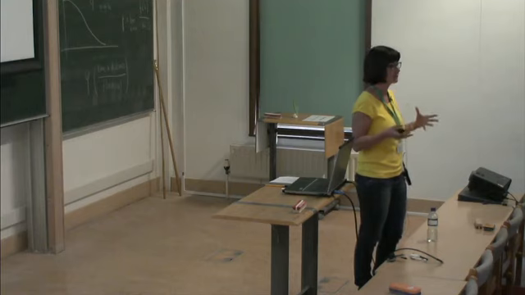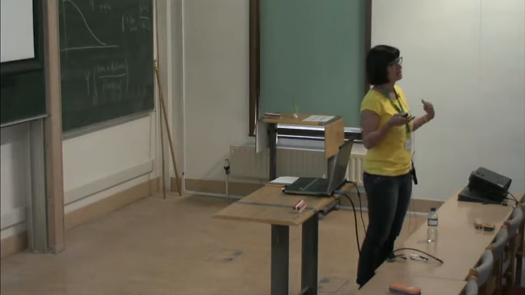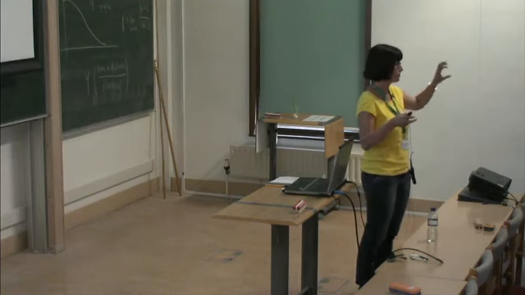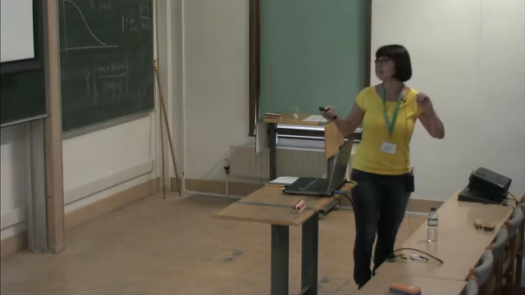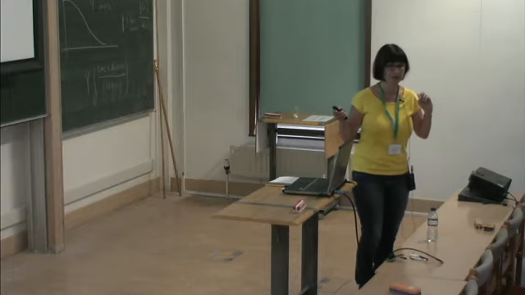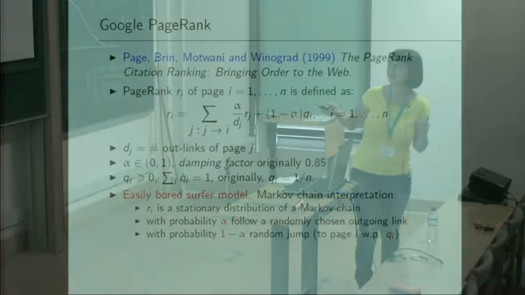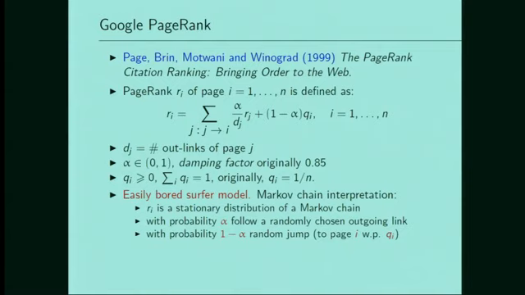The standard solution is to say, if you are at a page with no outgoing links, then you again use distribution Q for a random jump. But then for a proper balance equation for the Markov chain, I need an additional term. What do I do when I'm at a page with no links? But it is very easy to show that the solution of this equation will be exactly the same